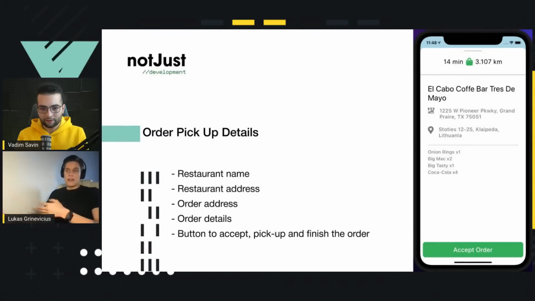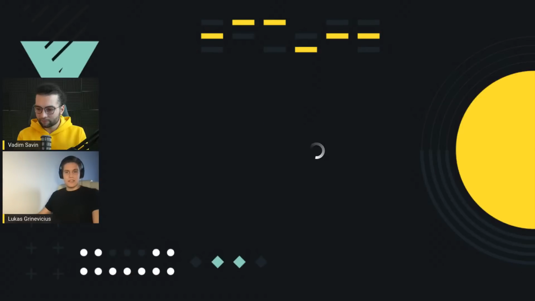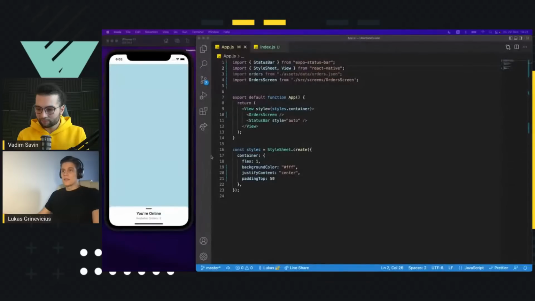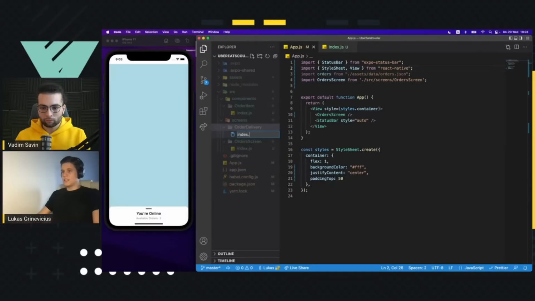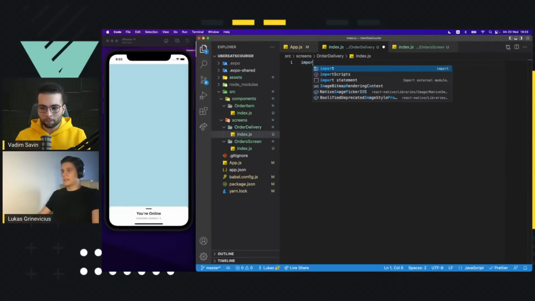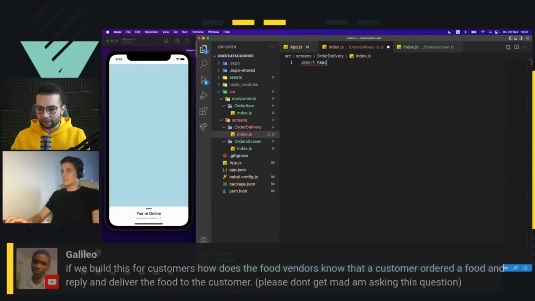After we are done in this screen, we can start working on our next and the only next screen that we will have today, which is order pickup details. So let's add it to the stream. Open this and create another screen called order delivery. In here, let's create index.js and go through the template. If there are any questions,